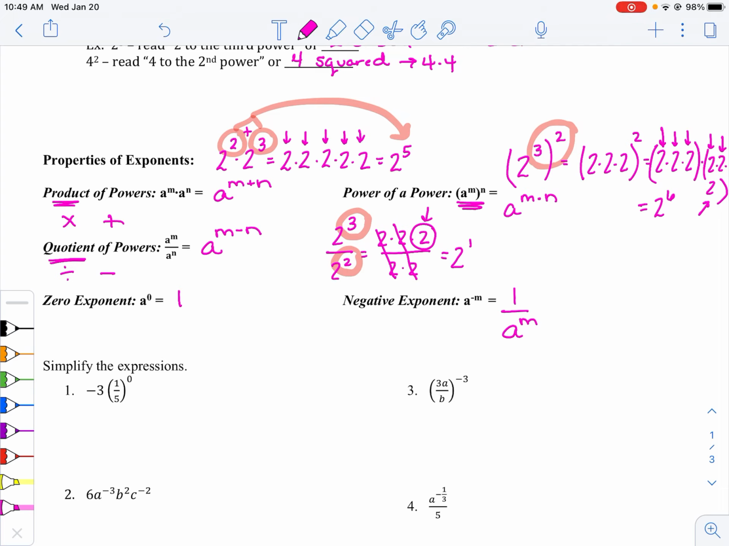You think of it like, hey, I'm unhappy, so I have a negative attitude. So now I'm going to move from the numerator to the denominator. Now I'm happy, so I'm positive. I changed my exponent. And you could flip this around and say you started with 1 over a to the